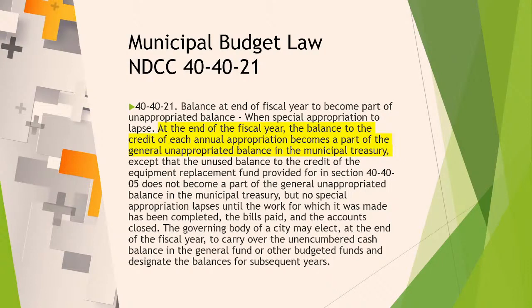But once that appropriation lapses at the end of the year, that money goes into the fund balance and it loses its identity for what it was originally appropriated for. So for example, if we have a line item that is appropriated for salaries at the end of the year and we don't spend all of that money, that appropriation lapses, that money that we did not spend becomes part of fund balance, and that's the identity that it has, is its fund balance. It's cash, and that's what we commonly refer to as reserves that are available in the future.